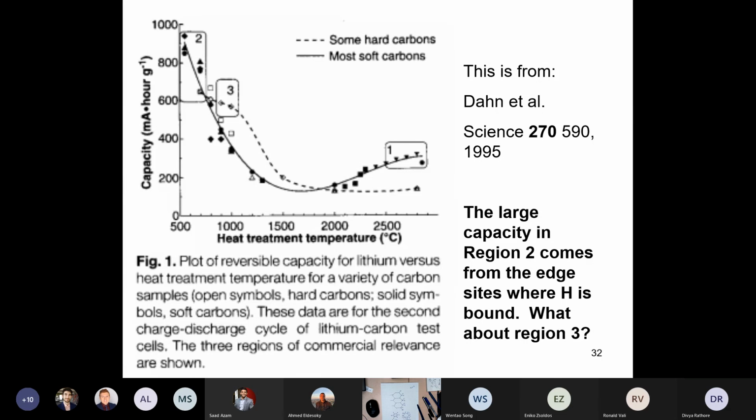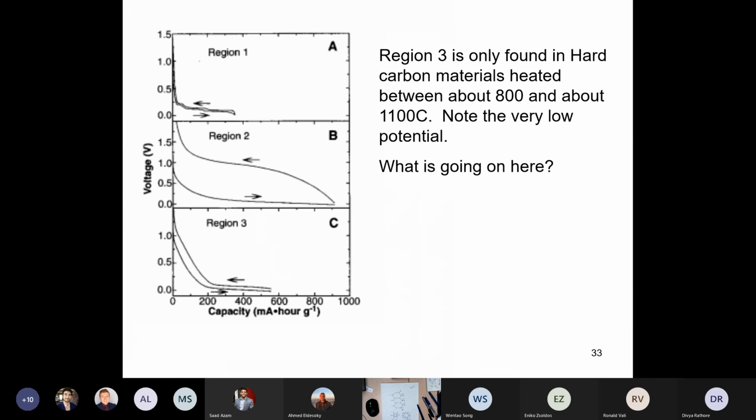Any more questions about region 2, if any? Okay, let's move on to region 3 then. What about region 3? Well,